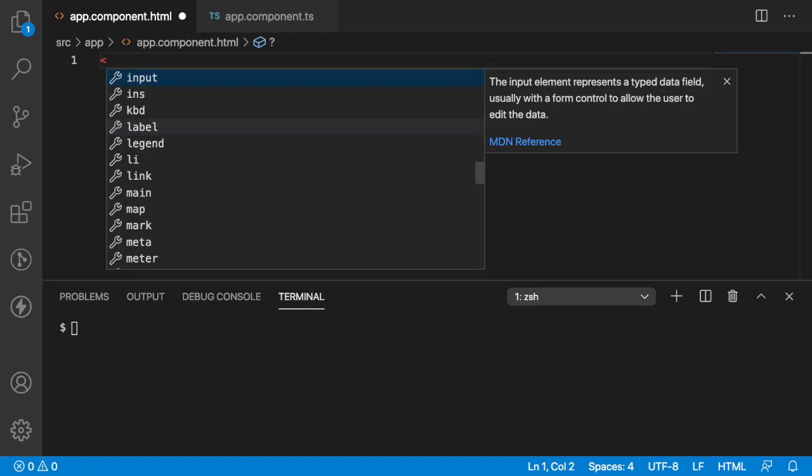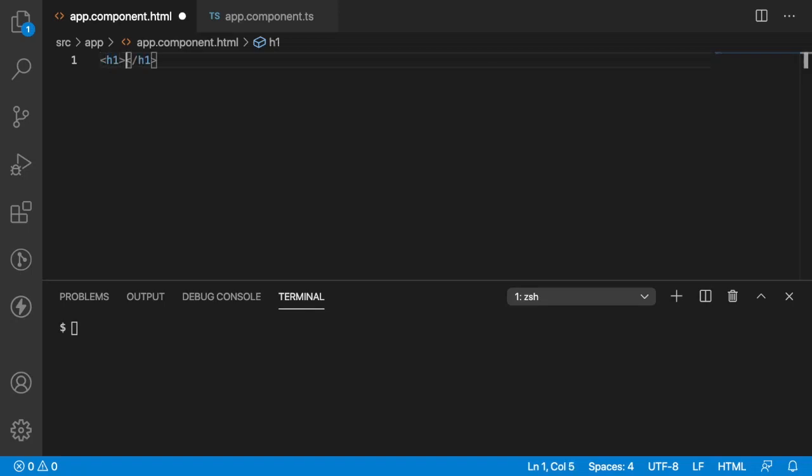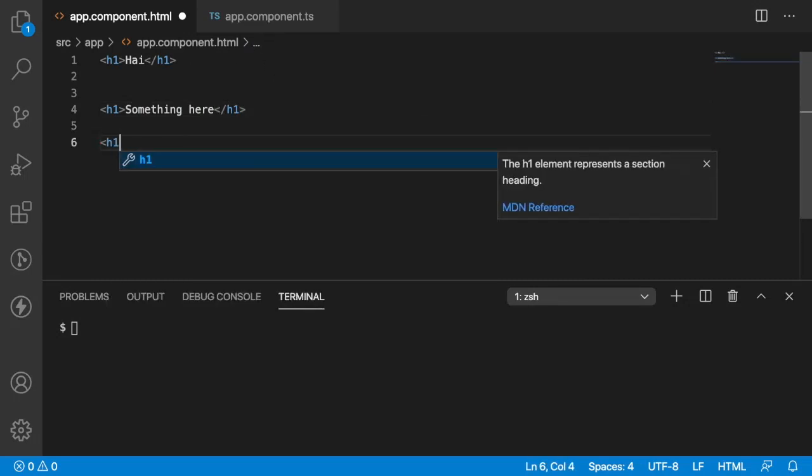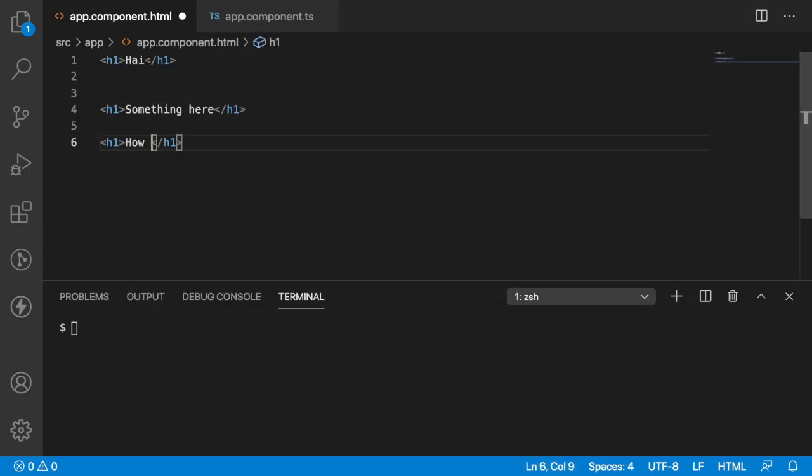For example, I want to print an h1 with something like "hi", and also some data in an h1, and later on display the same h1 with something like "how are you". I want to display something like 5 or 4, let me give 4 and 4.